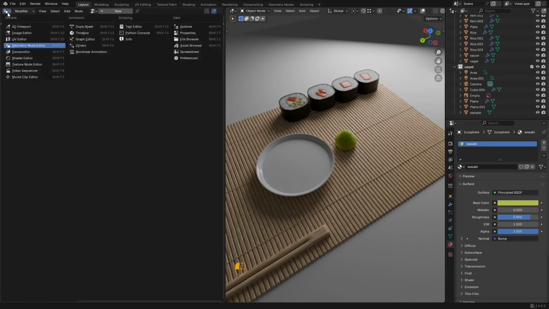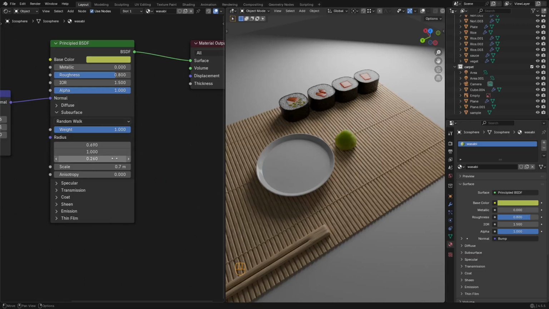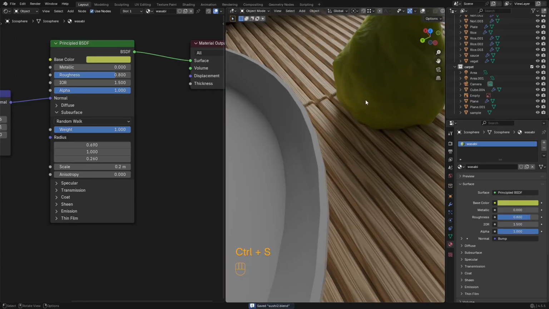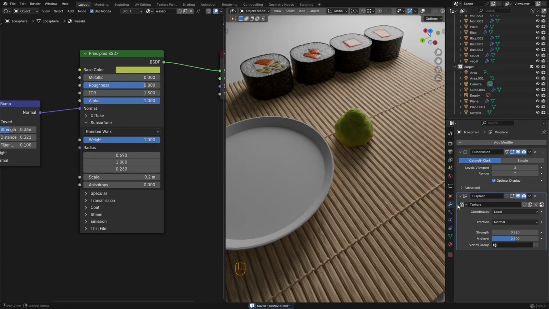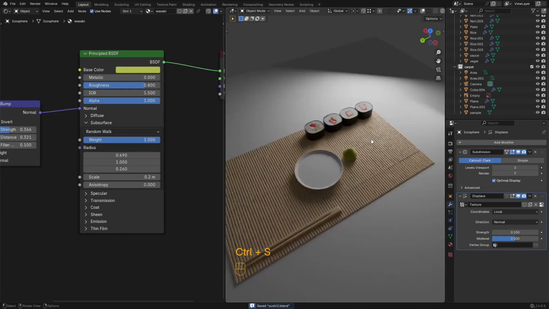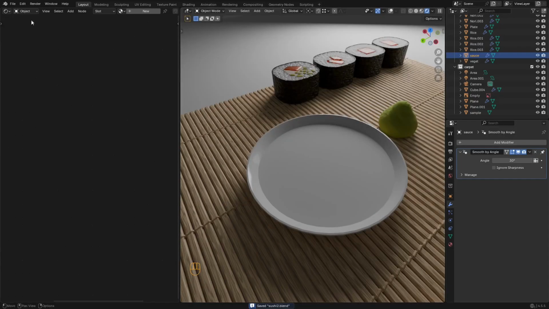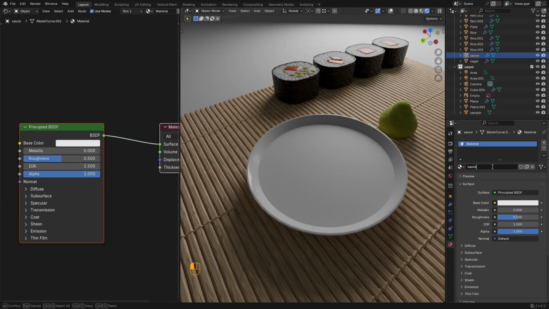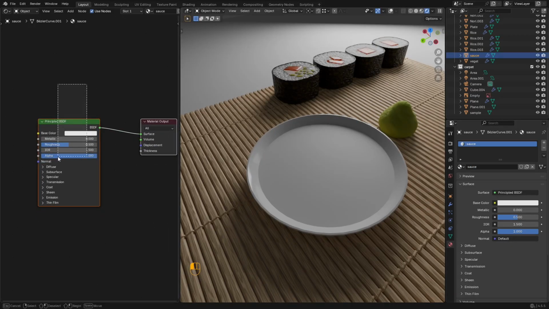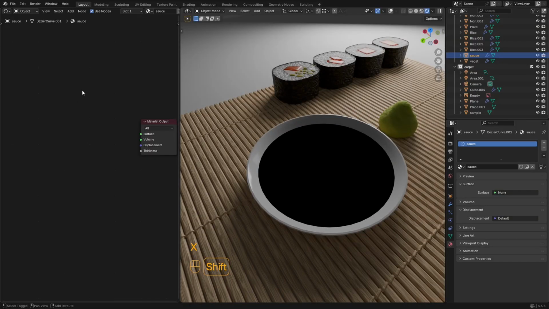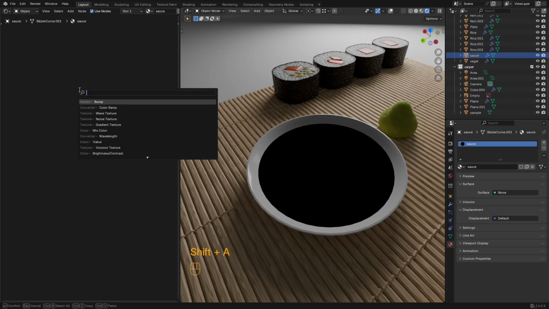Well done. I think wasabi have too much subsurface scattering. Let's decrease it, and also let's decrease displace. Okay. We need only to finish our soy sauce. To do that, we need to go to our materials, create new one, this, and we will use other object. We will erase this one with X and create new one like glass,